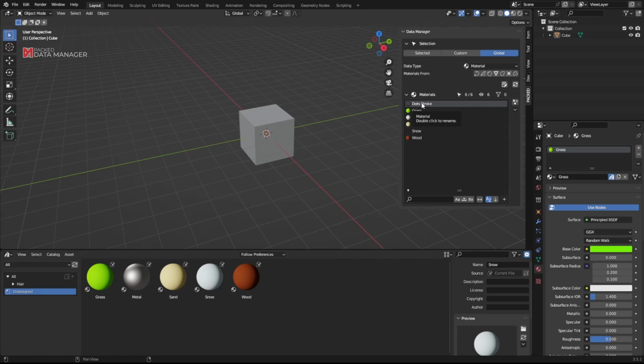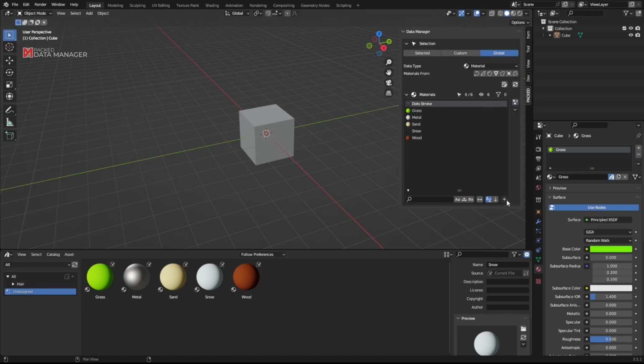Now, how could we exclude this from our list? There are a couple of ways. First option is to enable the multi-select mode right here. This allows you to selectively include or exclude each item in the list. Right now, we have only 5 out of 6 objects selected, and any manipulation we do to them, only these 5 will be affected. The other option is to utilize filters.